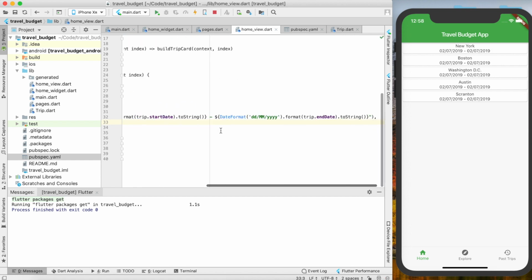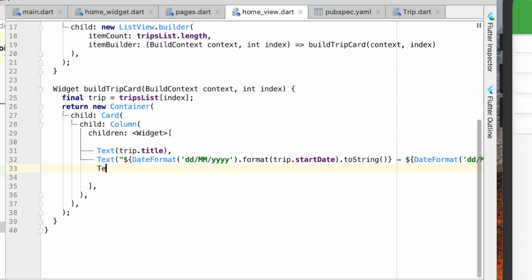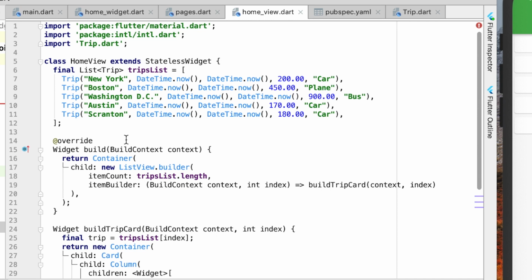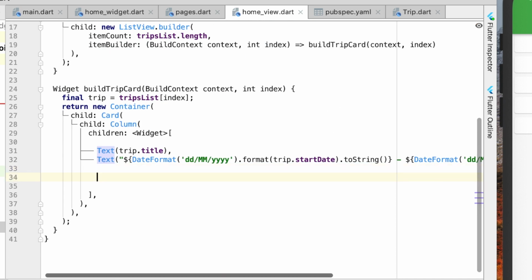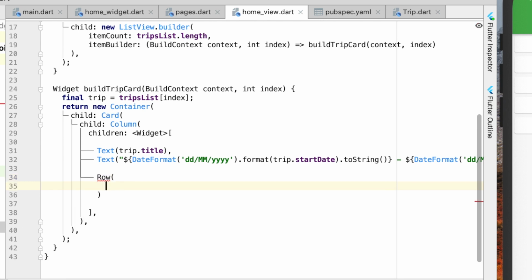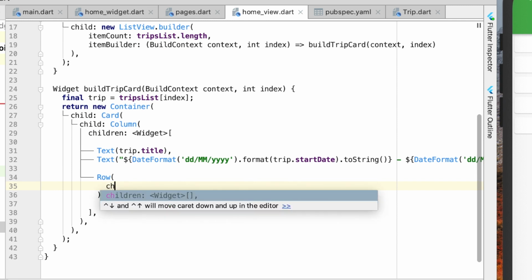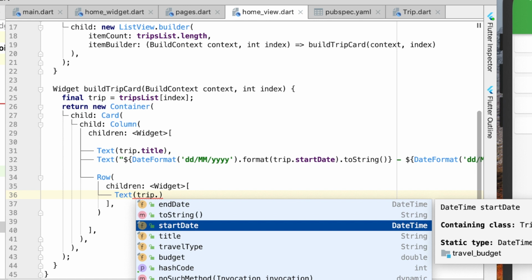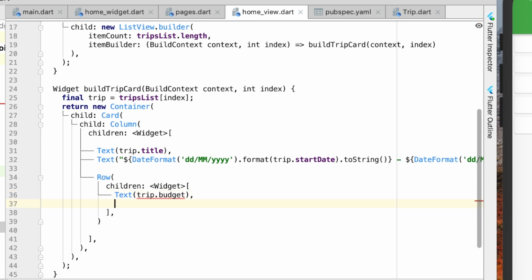The next thing we want to do is to put, let's see, we have our budget and our travel type. These we're going to actually go ahead and make into a row, because we want these on the same line. So make a row, and the children of this are going to be just two text fields. The first one will be the trip budget, and the next one will be the trip